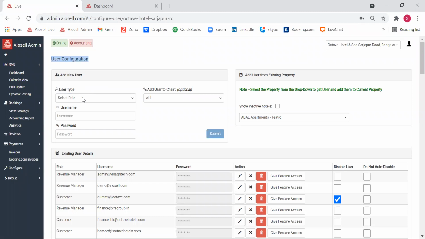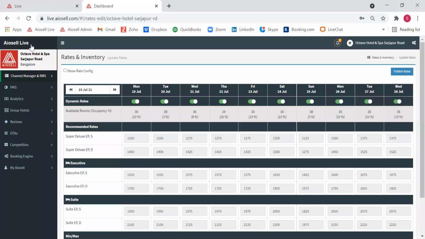And there are two predefined roles. One is of a customer. In this case, the user will only have access to IOSL Live, which is the front end of IOSL all-in-one management system.